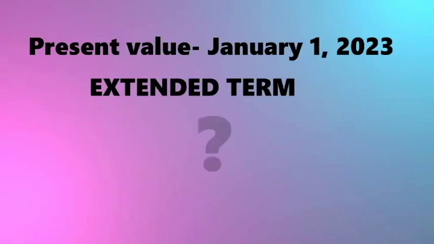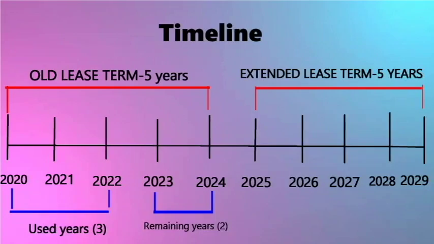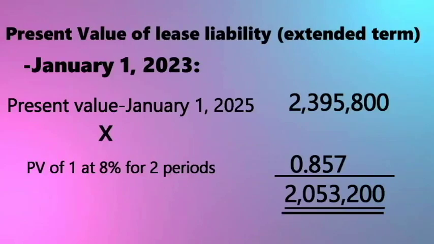Pero, di ba nga, ang hinahanap natin is yung present value ng January 1, 2023. So, meron pa remaining na 2 periods from the last lease term ng 5 years. So, kailangan natin siya i-multiply sa present value of 1 at 8% for 2 periods para malaman natin yung pinaka present value as of January 1, 2023. So, yung nakuha natin na present value ng January 1, 2025, which is 2,395,800, ita-times natin siya sa PV of 1 at 8% for 2 periods, which is 0.857, equals to